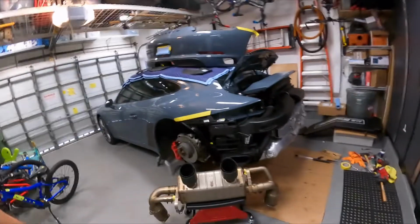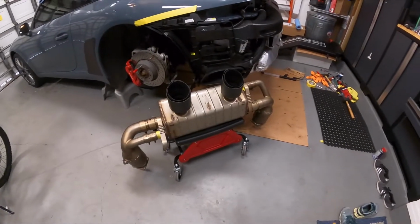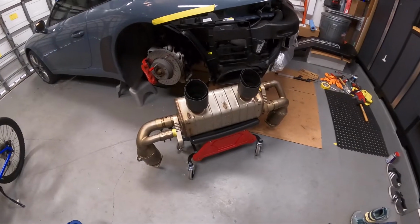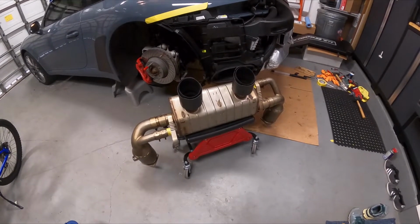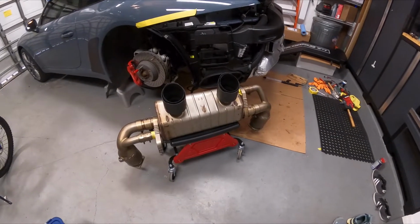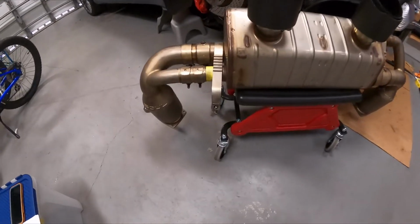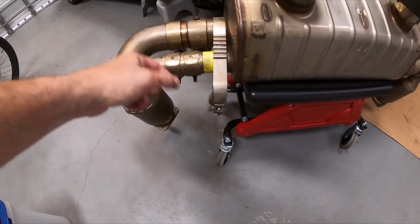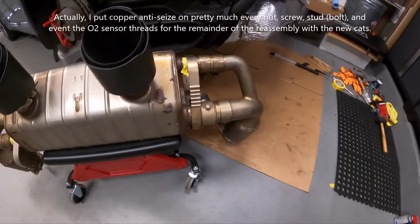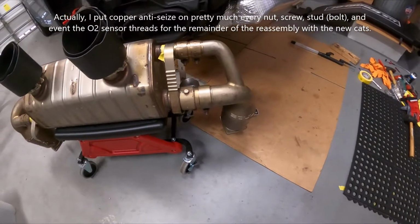All right, guys and gals, we are rounding third base here on the installation of the new Soul Sport cats. I've gone ahead and attached them to the muffler, not tightly. I didn't tighten the clamps down too tight because that'll be the last step I do once everything is positioned and adjusted into place. One of the things I did do was I put copper anti-seize on all of the nuts and bolts that connect the clamps and the sport cats to the muffler,